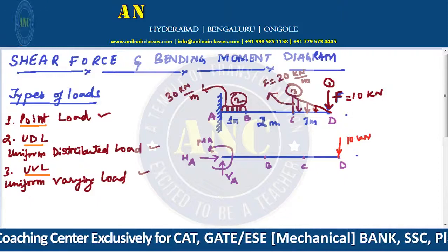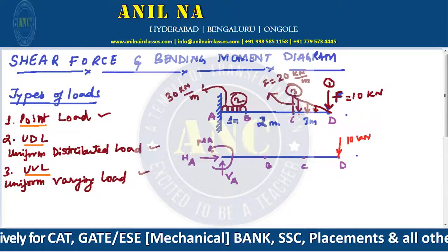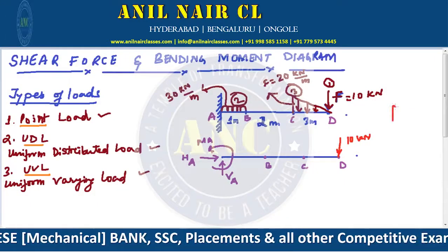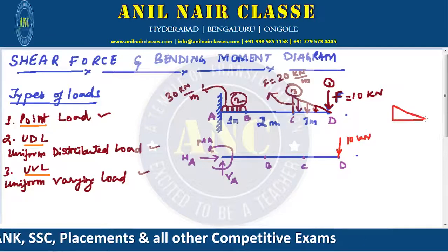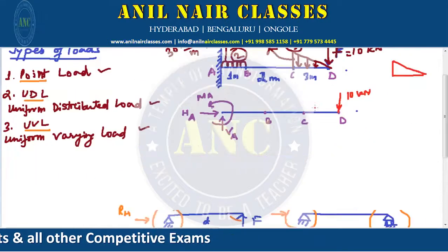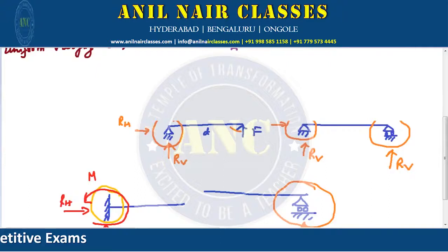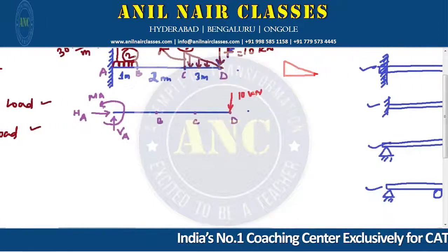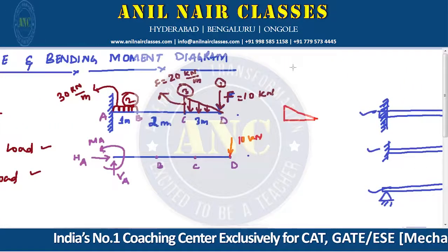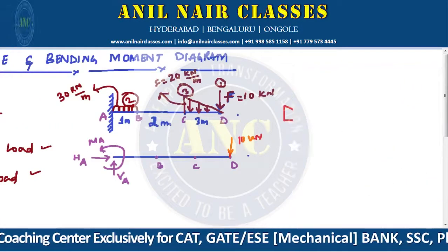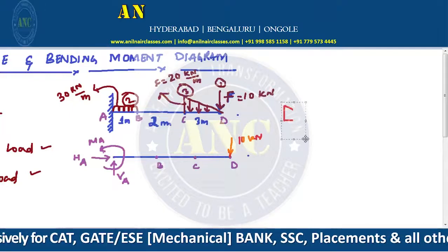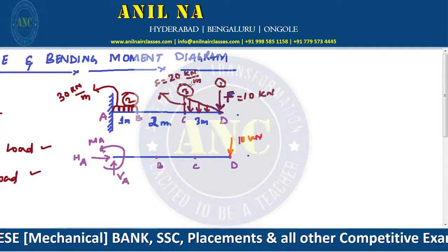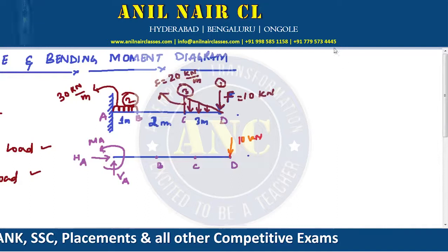Now this load, what will be this load? Here this is like a triangle. So when this is like a triangle, a uniformly varying load, how to understand a uniformly varying load? Here if you see this varying load,